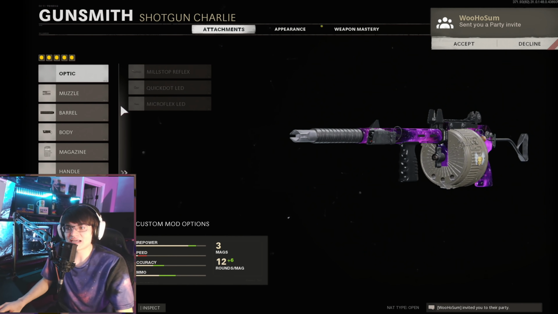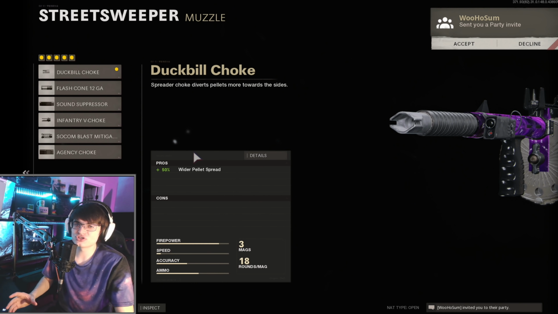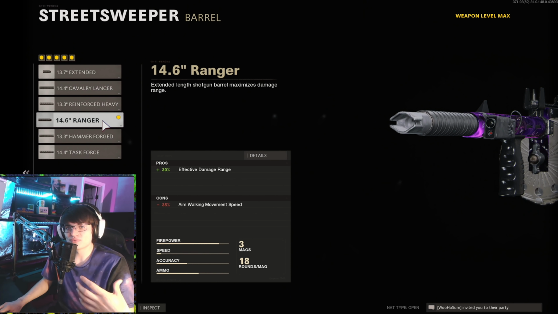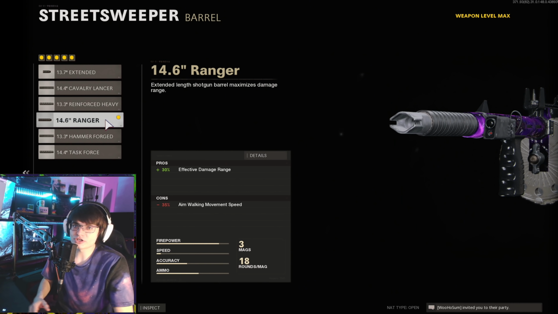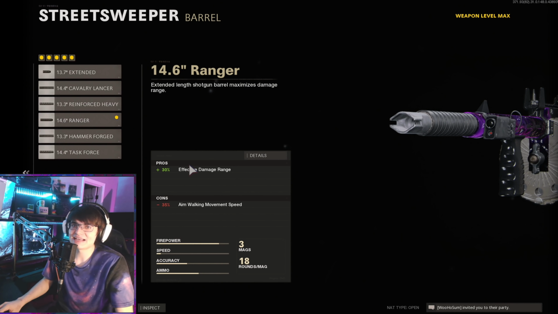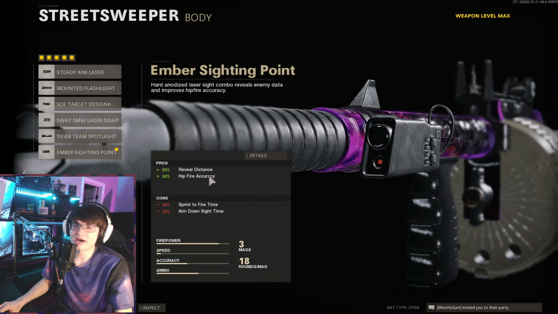Now, as it goes for attachments on this, I recommend the duck bill choke because you want that wider pellet spread. This is going to one-shot kill regardless, so you want that wider range of fire. For the barrel, you definitely want to be rocking the Ranger barrel because this is going to be a one-shot regardless, so extra damage means nothing, and having that extra 30% damage range is massive in hardcore. For the body, I put on the Ember sighting point just so you can hip fire spam the crap out